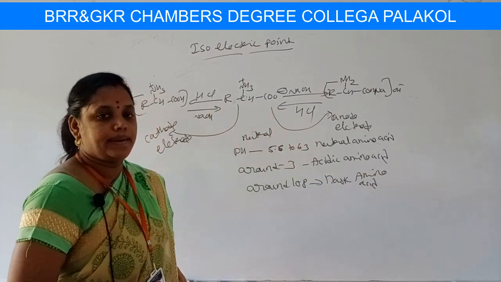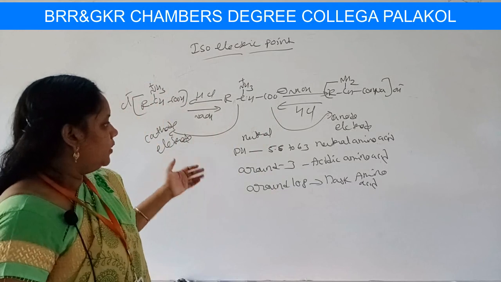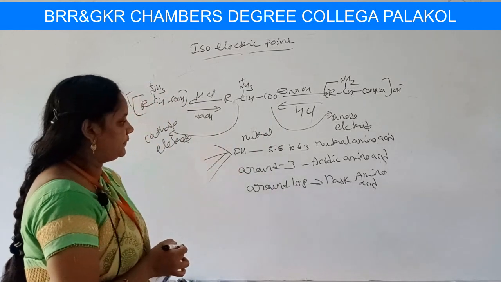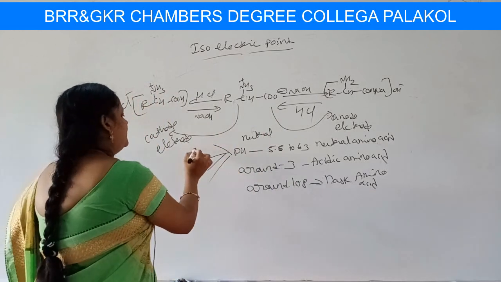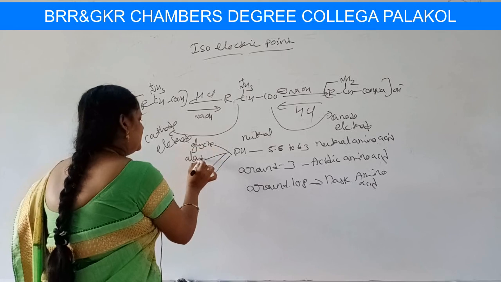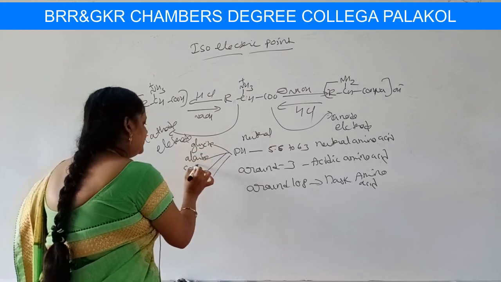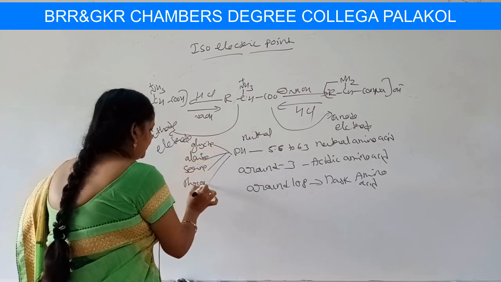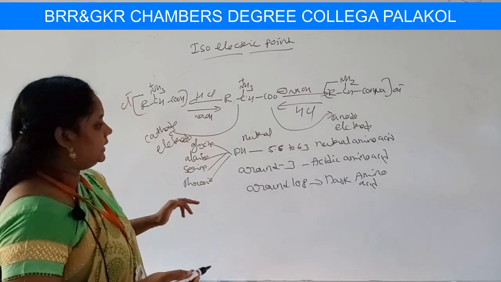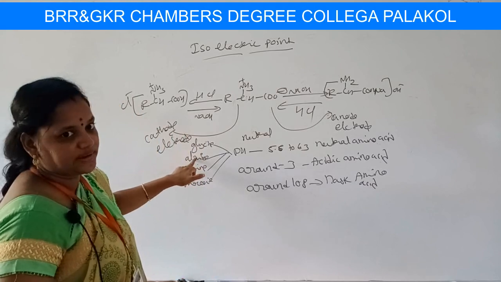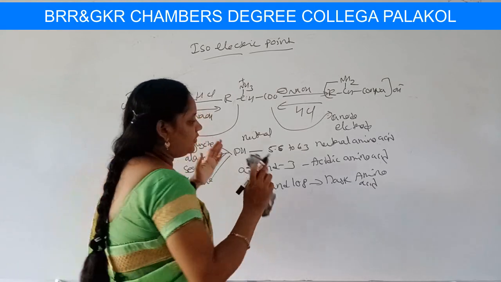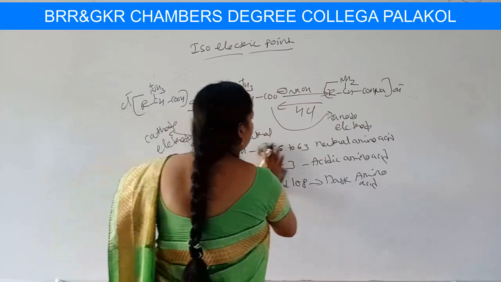Okay, basic amino acids. For neutral amino acids, let me give 4 examples: glycine, alanine, serine, threonine. You remember all the structures, students? Let us form a table. This is 5.6, this is 5.7, this is 6.0, this is 6.1. So I'll form a table and let you know the isoelectric points.